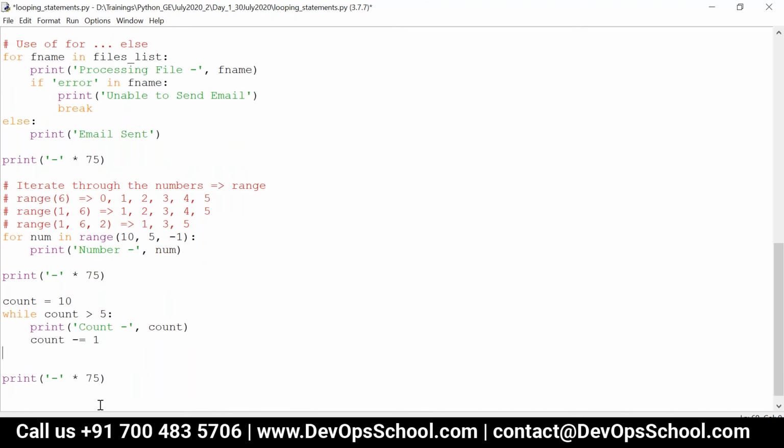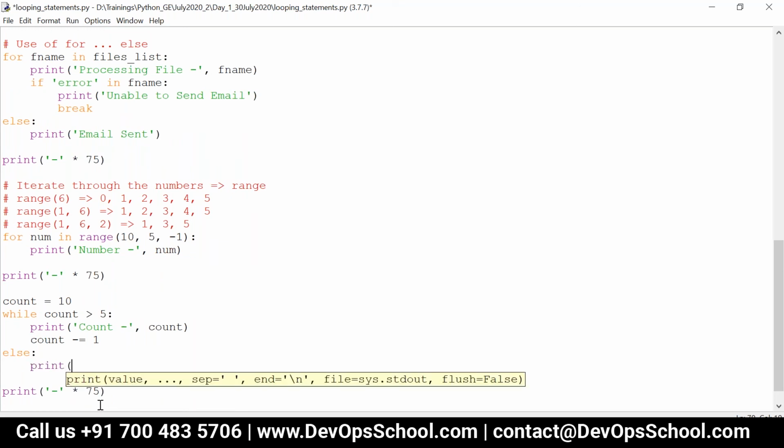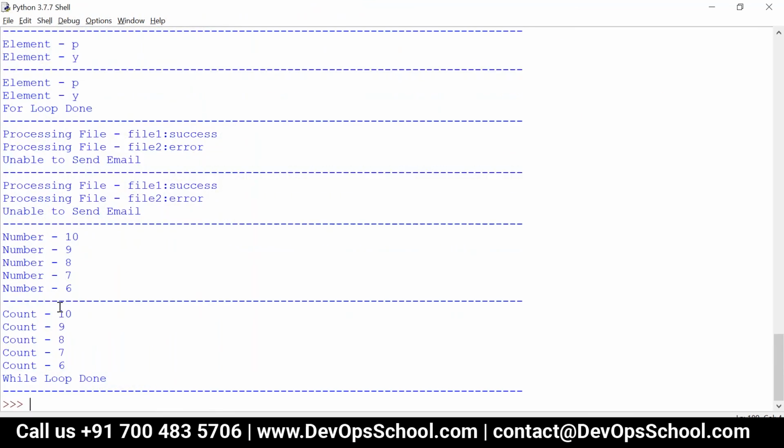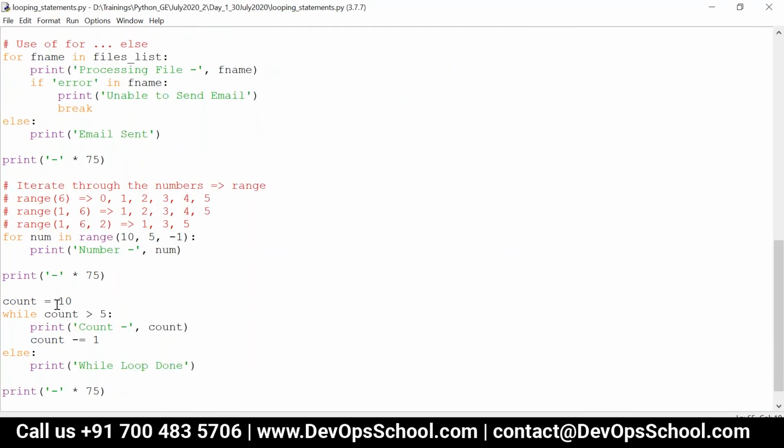Also here I can use an else block. The functionality of the else block is similar to the for loop. So I can say while loop done. Now you can see 10, 9, 8, 7, 6, while loop done.